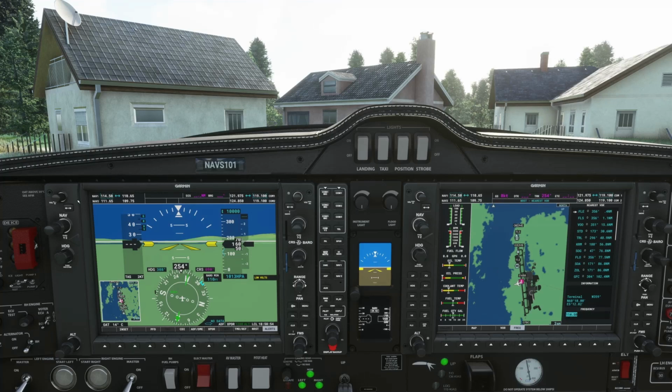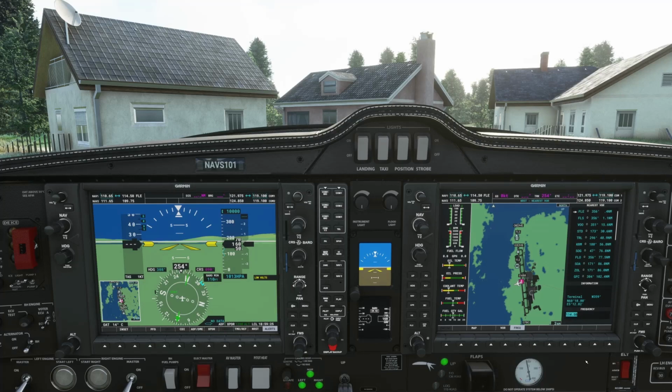All right, and if we go back, you can see over here that is also in nav1 as well. Now all we have to do to get it across to the active frequency field is click transfer. Okay, let's transfer that over, and always look for the identifier, make sure it's actually come through, which it has. All right, so that's good. The only thing is that when you look at the dial here, there should be a course deviation indicator bar, which is not there. So not quite sure why that's not working.